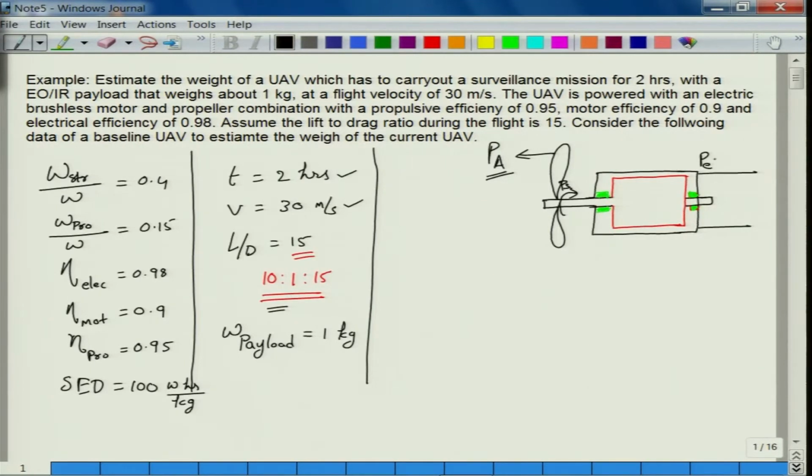So, the reason for me to consider this is that the input for this motor is electricity, am I correct or not, P electric. So, the input for the motor is P electric and the output from this motor is shaft power. So, the motor efficiency here, eta motor, is equal to the output from this motor, Ps, upon P electrical. So, this is the output from this motor, and then this motor again is connected to